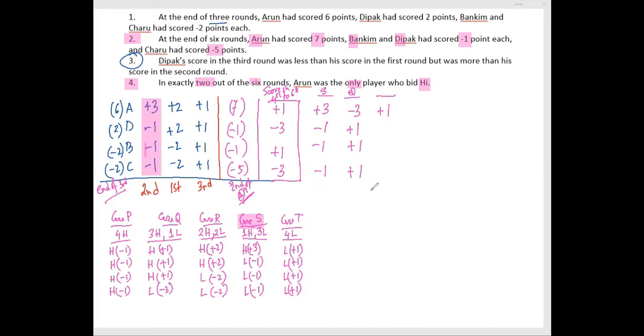It needs to be +1 in all of the cases. But once I do it like that, in case SQT there is a trouble: Arun getting +1 is possible, but for all the rest of them it is happening +1 only. So -3, -3 is not satisfying in this case. One ace it must be, others we need to find out.